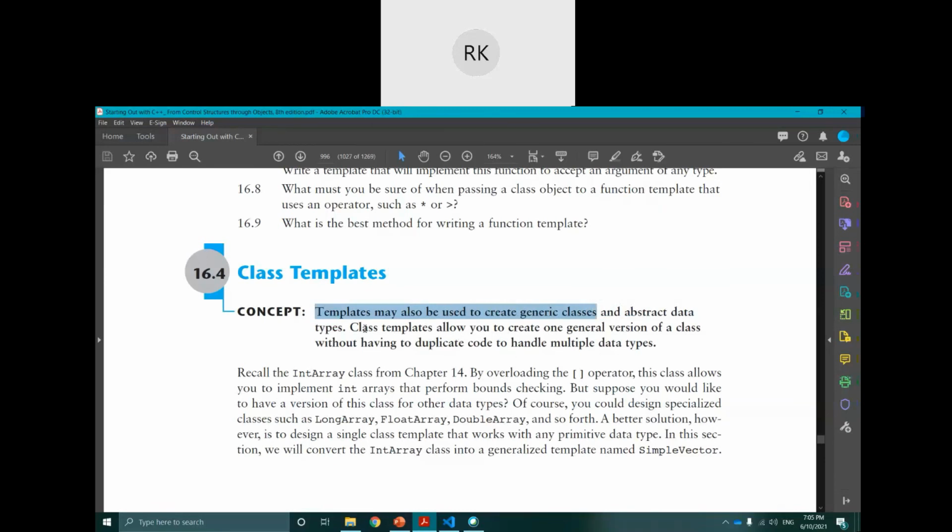So a class template allows you to create a general version of a class without duplicating the code. Meaning, there is a rectangle class which can handle the rectangle width and length as integer. Once you define integer, you cannot pass a double value.